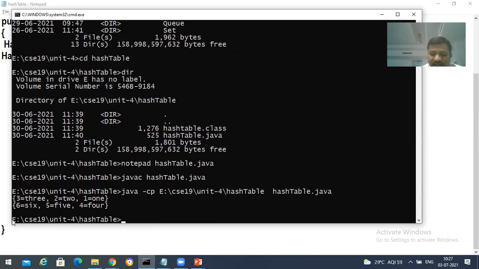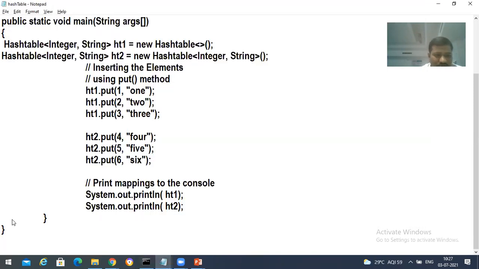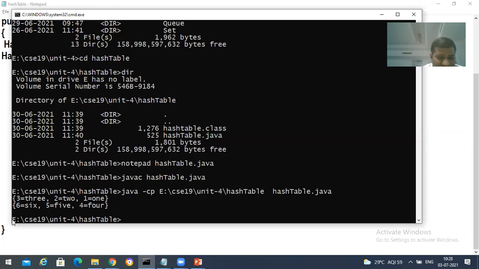Okay, so here the order is not preserved. 1 3 2 1 is there, and then 6 5 4.